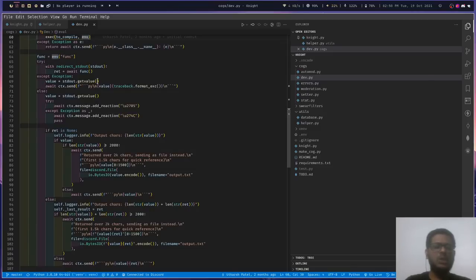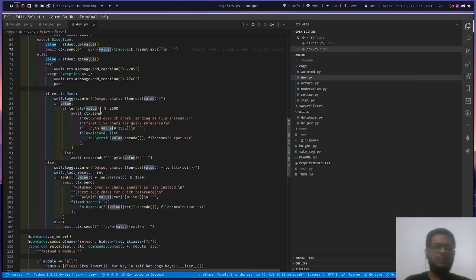If the output is small, it will be returned directly as a value, or if the output is bigger than 2000 characters, it will be returned as a file, as you can see, we have sent a file object.